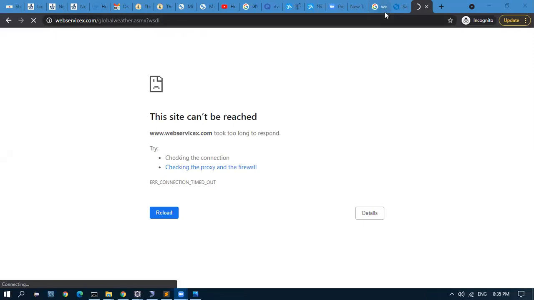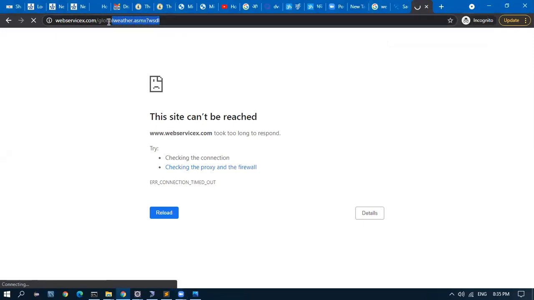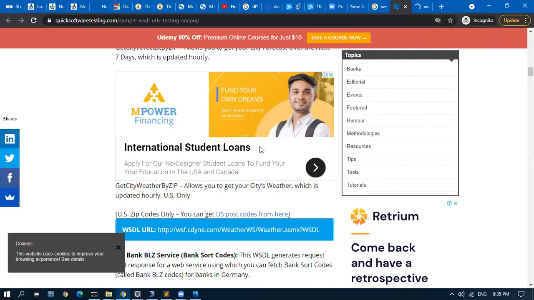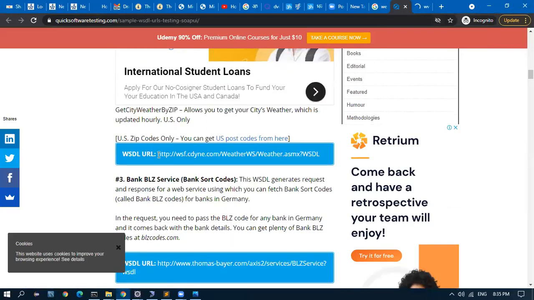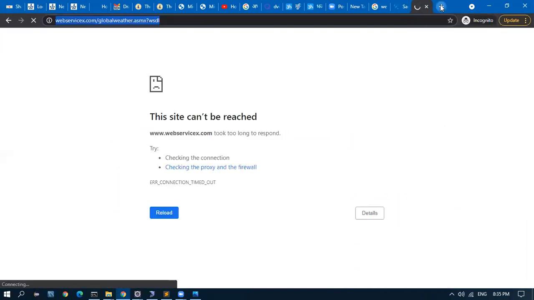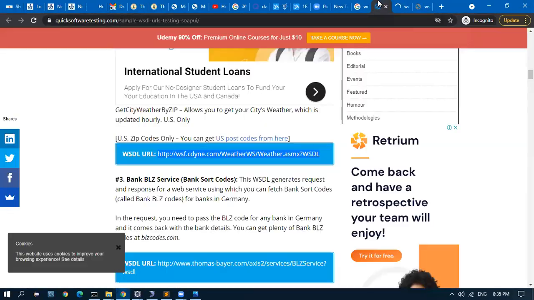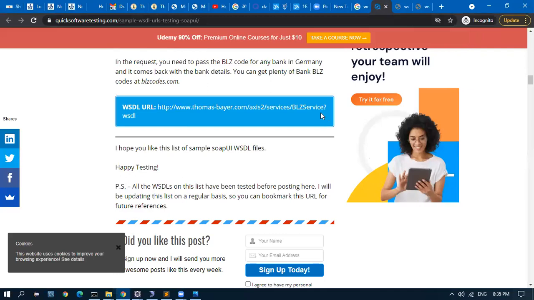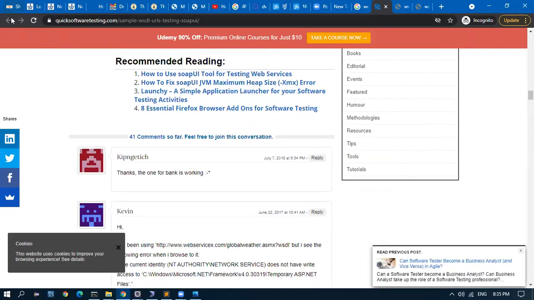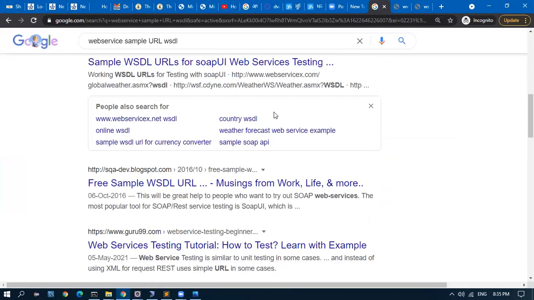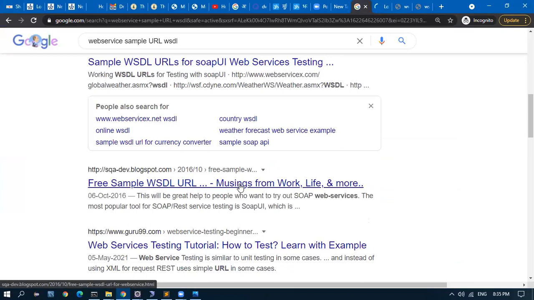So if you are working with any web service projects, you will be given an endpoint. If you put that endpoint, you will get an XML. But why am I not getting it? I'll try this.